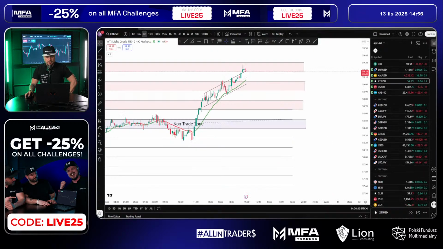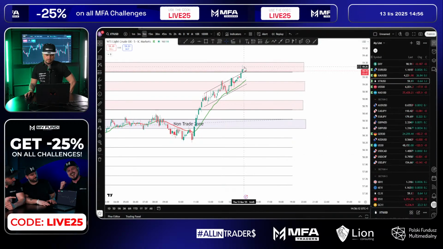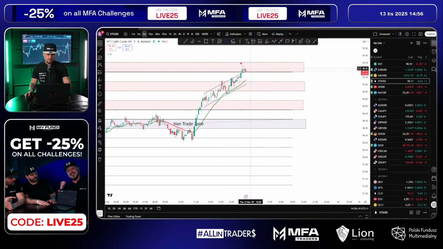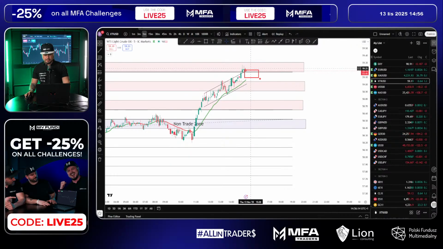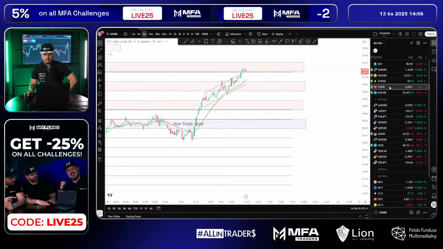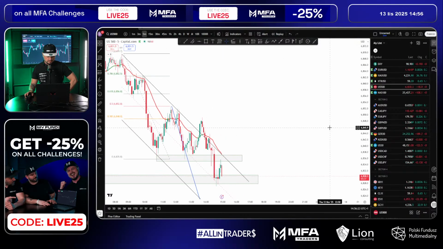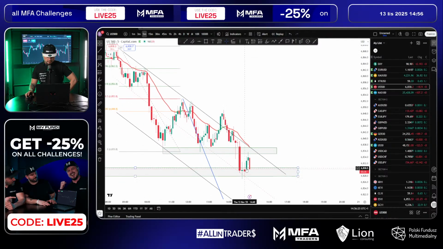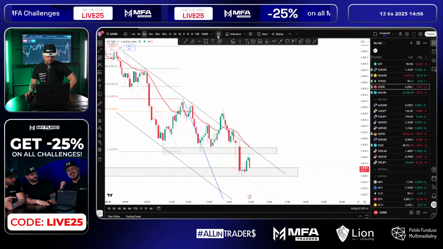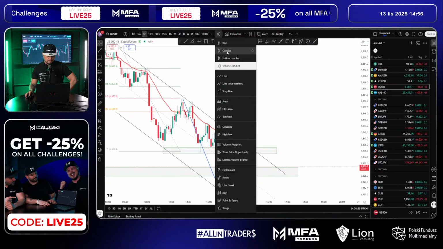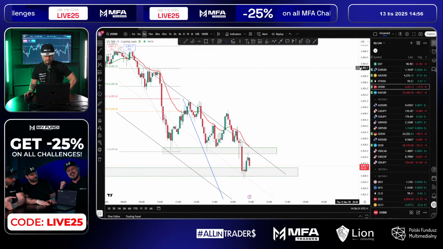Let me just have a look at TradingView. So I want to see a reaction somewhere around this expansion. Over here is good as well. I can't complain. Okay, what's going on over here? Why is this candle looking like this?